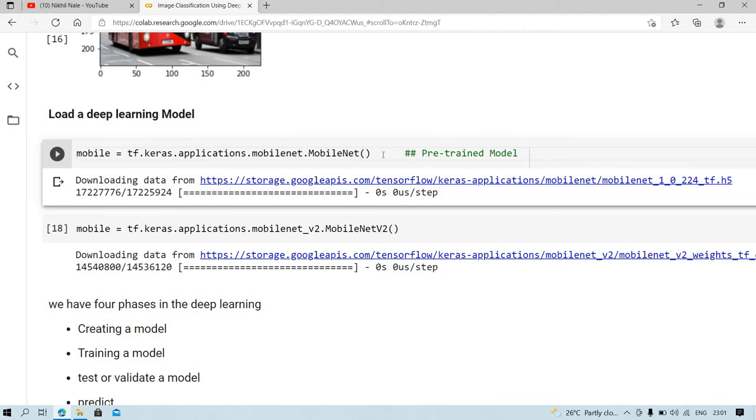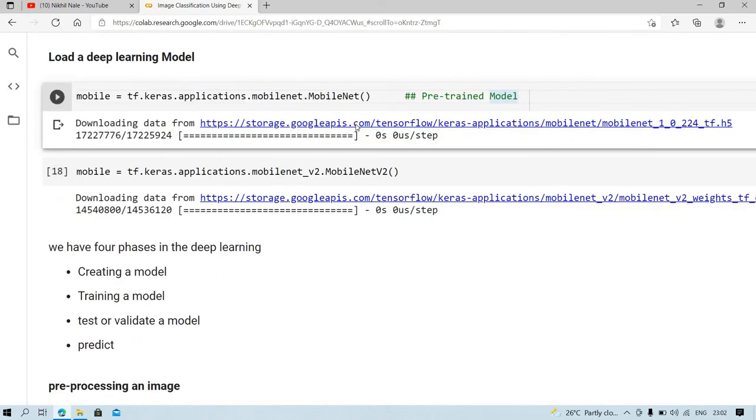To load the model, I will use tensorflow.keras.applications, then MobileNet, and store it in a variable called mobile. This is a pre-trained model, guys.